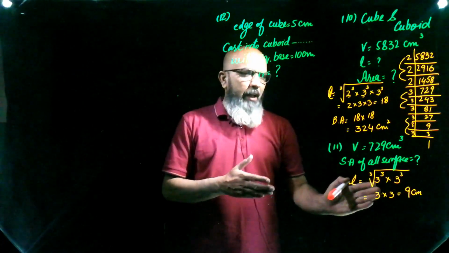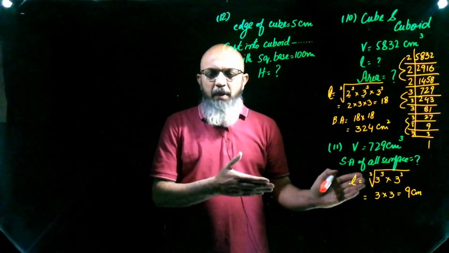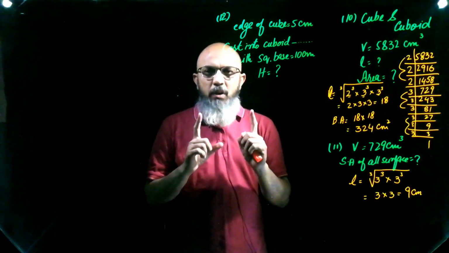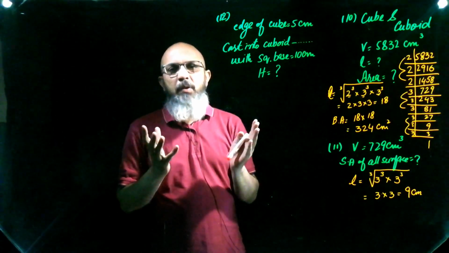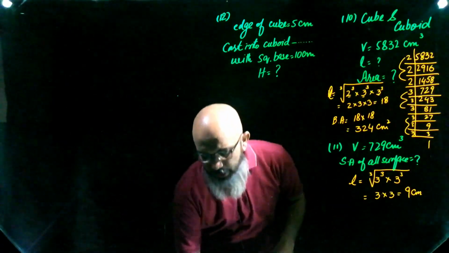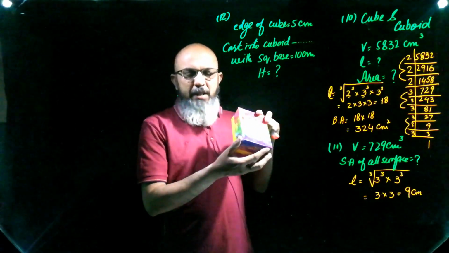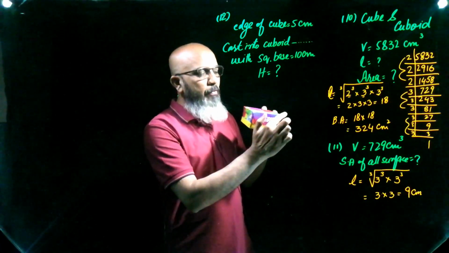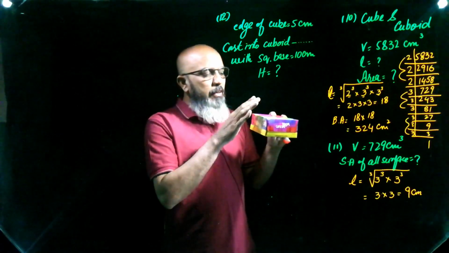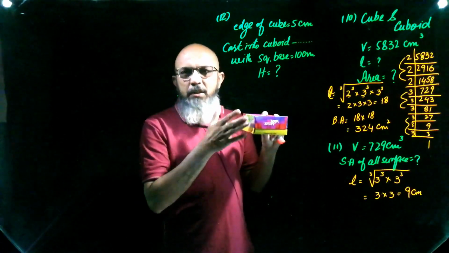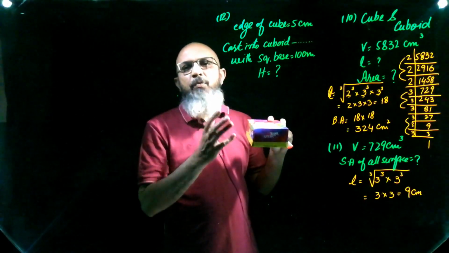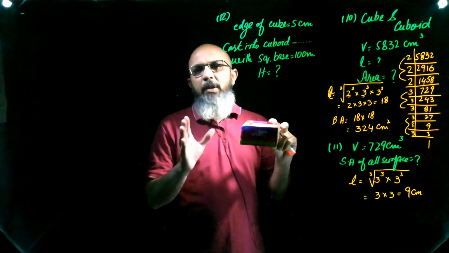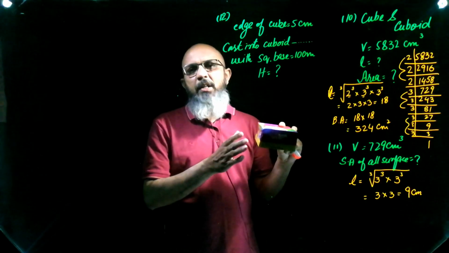Okay. Now we have the length of one edge of a cube, and we have to find the surface area of all faces, all surfaces. So how many surfaces does a cube or cuboid have? Just look at this example. That is a tissue box. That is a cuboid. Okay, we have length, we have width, and we have height, right? The difference is, if it is a cube, then the lengths are always the same, but we have the same number of faces in a cube or cuboid. Only the difference is that the length, width and height of a cube are the same. In the cuboid they are different.